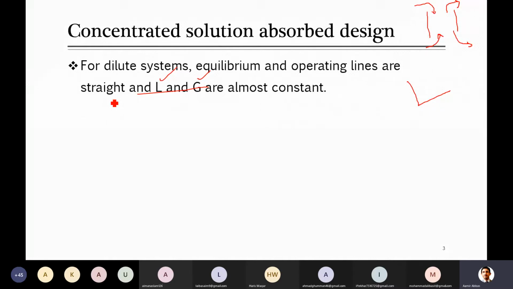So, okay, let me just rephrase it for you. Suppose I say that when something is in large amount in the gaseous stream, and when it is transferred from this gaseous stream towards the liquid stream in a large amount, will there be any change in the vapor flow rate moving from the bottom of the tower to the top of the tower? Yes, sir, significant change. Yes, good.